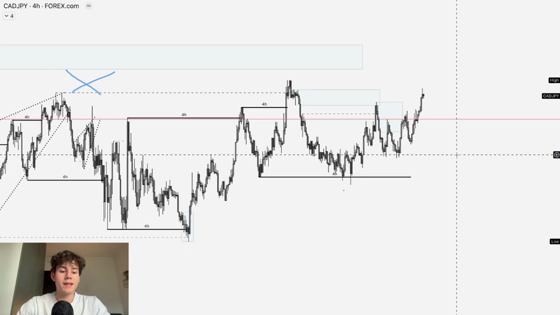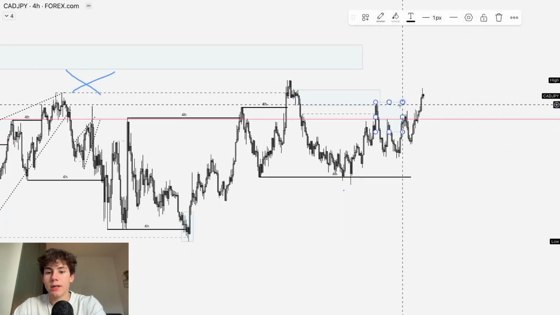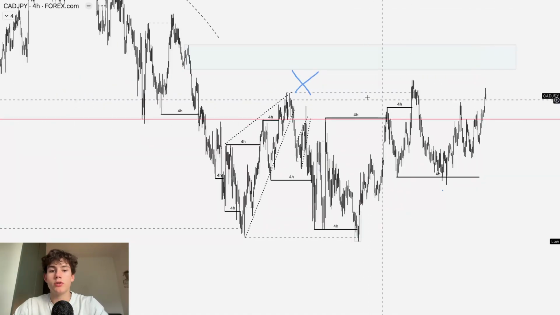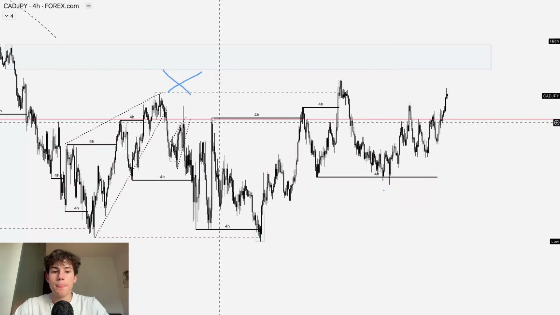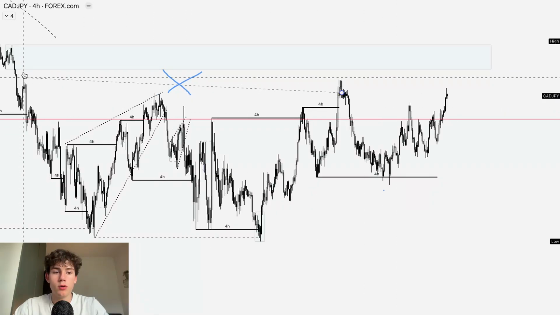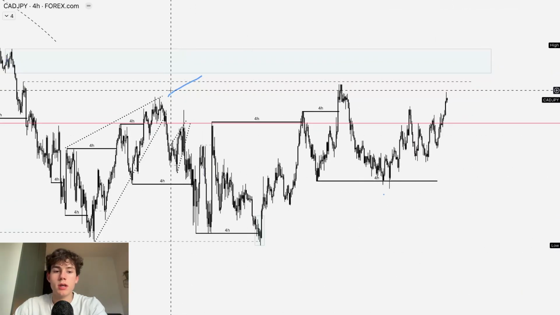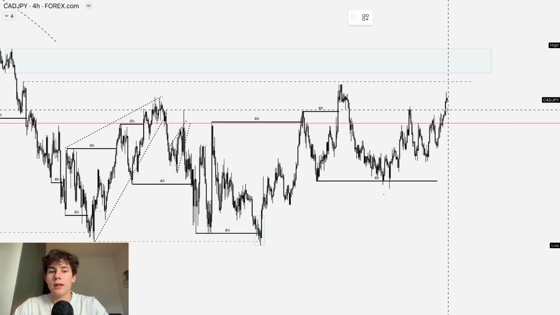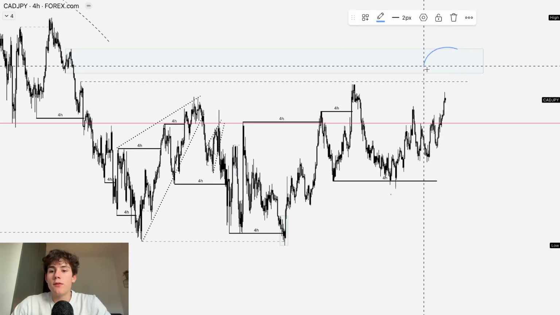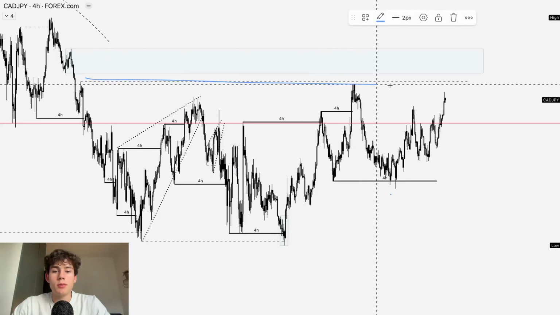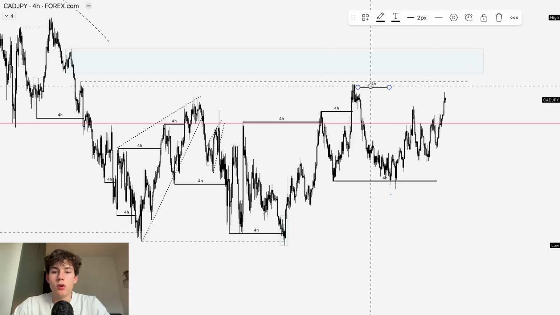Going over to CAD yen, we have been pushing up higher here on CAD yen in towards the highs, and this is your supply zone now where we should trade towards. And we also do have some more open liquidity over here at the highs, which we should definitely worry about if you are looking for shorts. So what am I going to do? Again, be patient, wait for my higher time frame supply, then grab some liquidity, and then I'm going to look for those short setups in towards the lows.